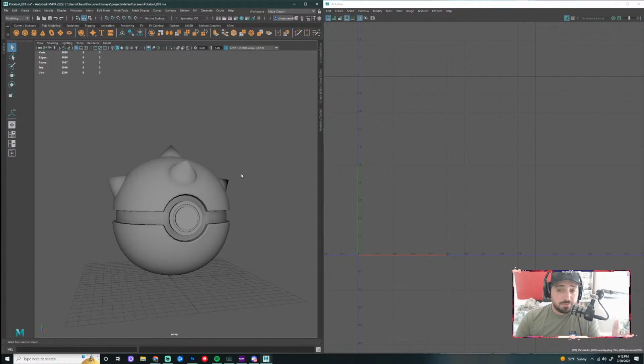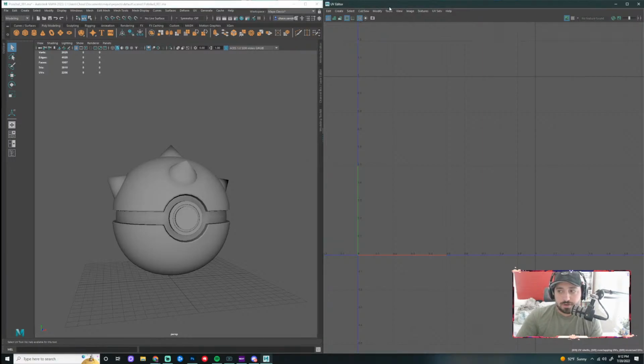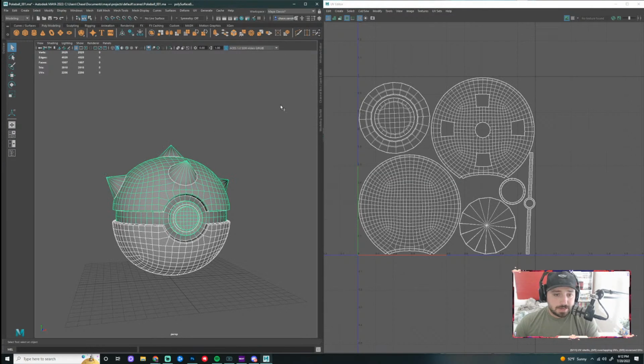Because like I said, if you're just in the model like this and you don't have anything clicked on, then your UVs aren't going to show in your UV editor, right? So try that. Okay, so the next step here is to have both of my objects selected, and then I'm going to take what's called a UV snapshot.